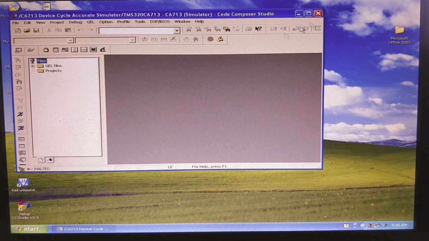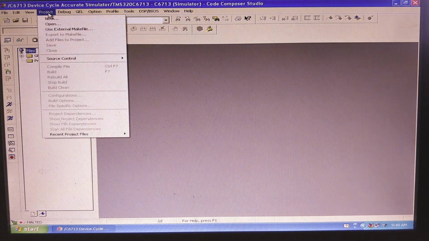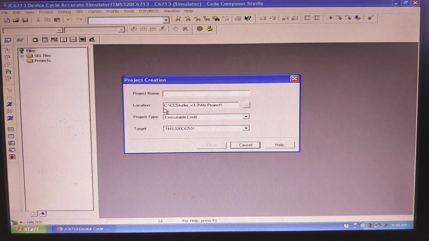The CCS window will be launched. This is the initial stage. We can go for creating a new project. Under Project, you have the option New. The location of your project by default will be C drive, CC Studio version 3.3 / my project. If you want to create a new project, give a name for your project. For example, here I will call it